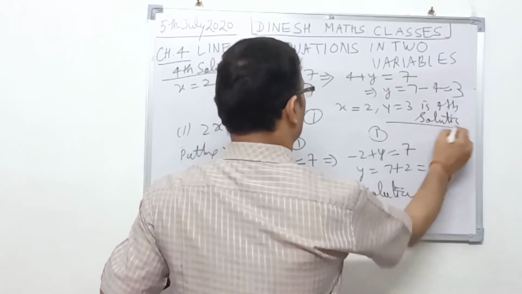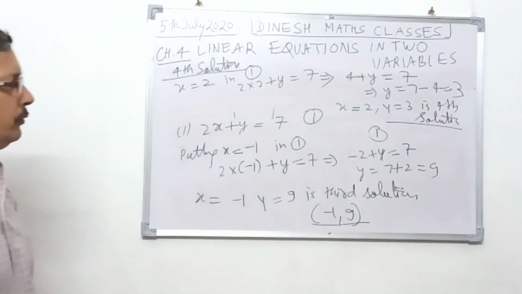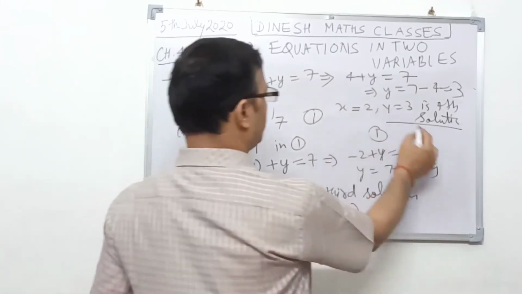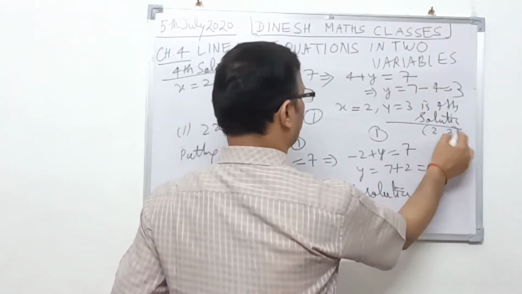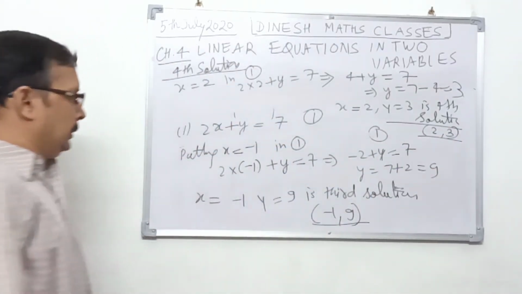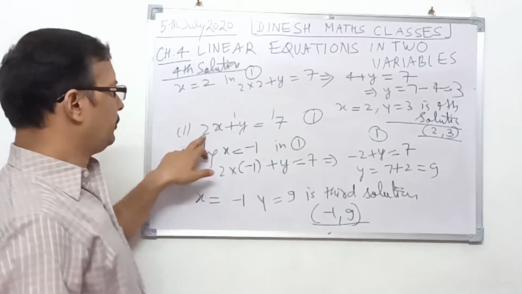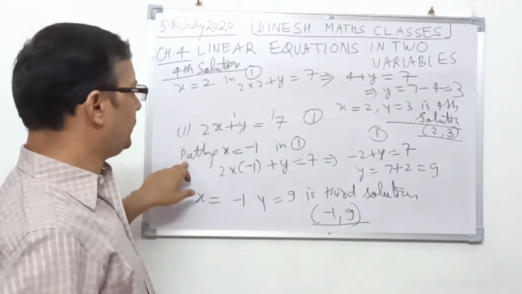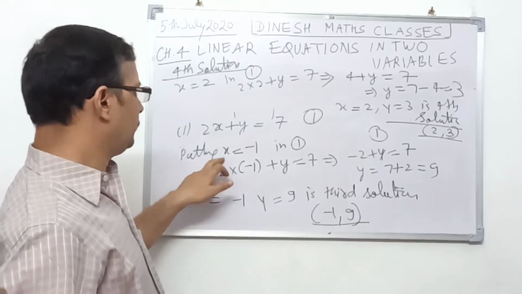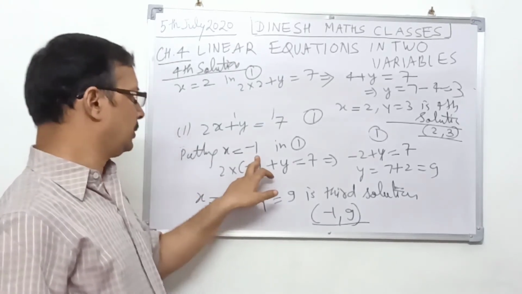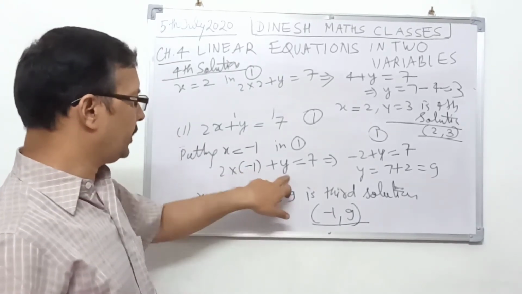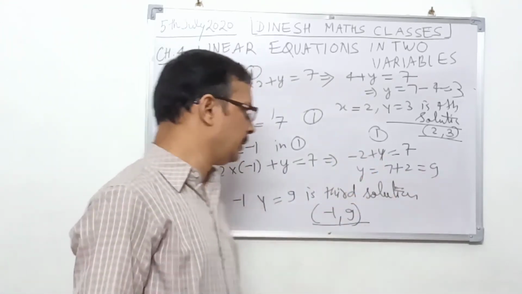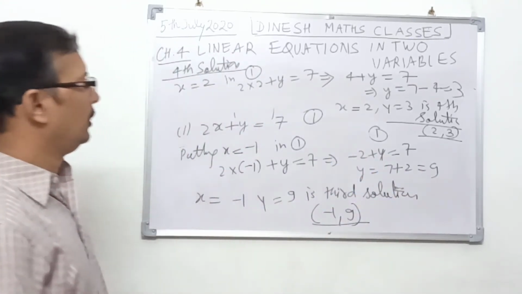So in this way this question is complete. You have obtained all the 4 solutions, and this you can also write in the form of bracket (2, 3). So a linear equation was given to you, and then you have to find various solutions. Keep giving values to x, and then you will get a linear equation in one variable. Simply you can solve it for y. In this way find all the required solutions.